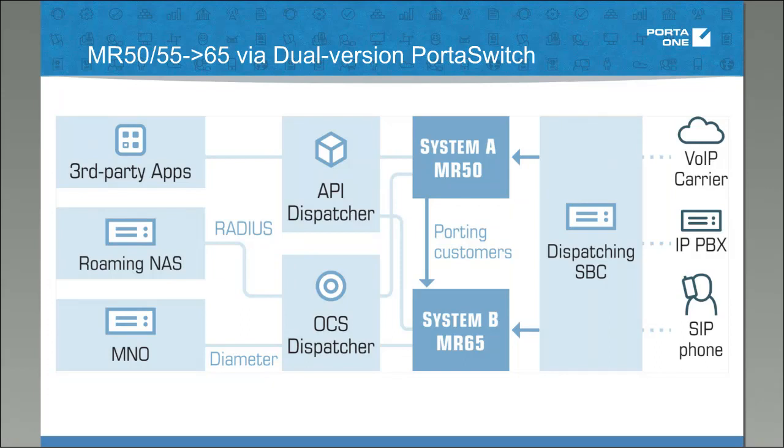All the API SIP diameter requests are proxied between installations by means of dispatchers. So Porter, a special utility that moves entities between installations, is used to migrate customers from existing to the new